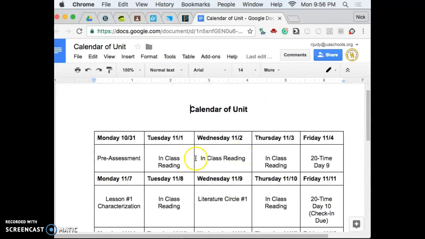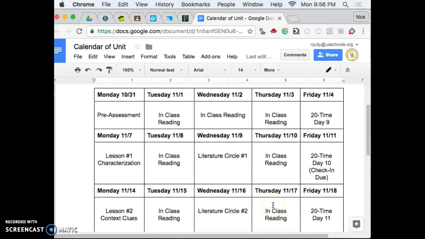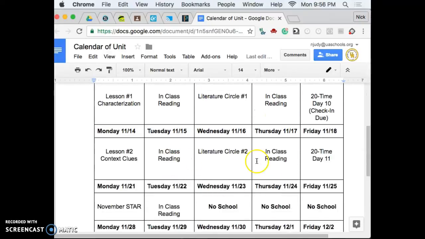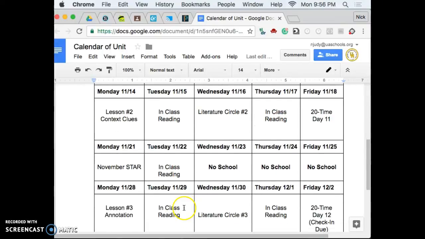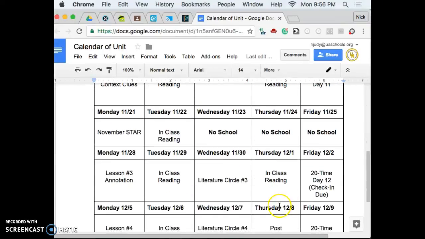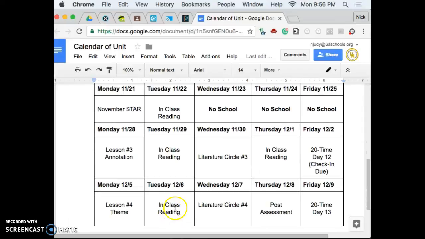And if you look through, you've got 1, 2, 3, 4, 5, 6, 7, 8, 9, 10, 11 days in class to read. So that's not a ton of time, but I think for most of your books that's a doable portion. It may require some outside of class reading, and that's okay.